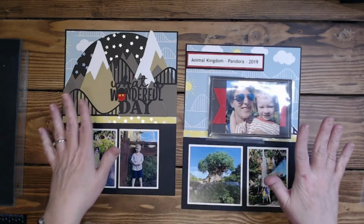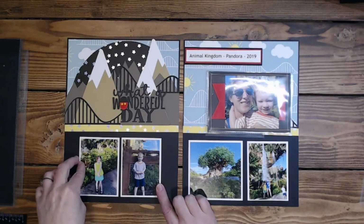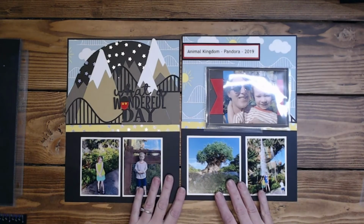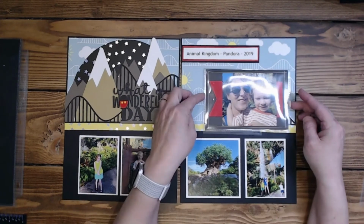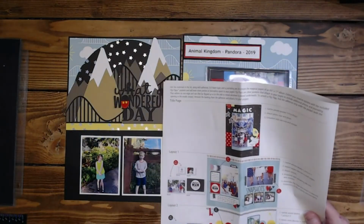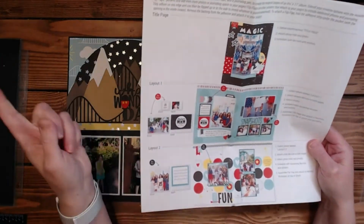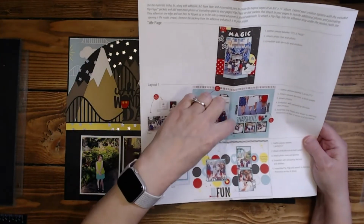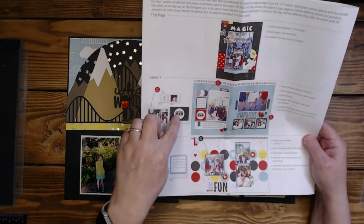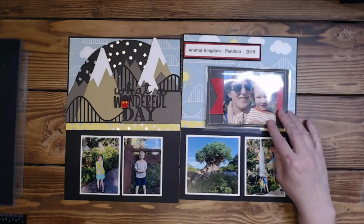Okay, so let's see, back to some of the sizes. These mats right here are 3x4, and this is 4x4, and it's white daisy. This one is the piece from the kit. It is this camera right here that was supposed to be on the other page. I switched them because I wanted that vertical here, and I wanted something else here. So I took this camera piece, put it here, and put a banner there, and that banner